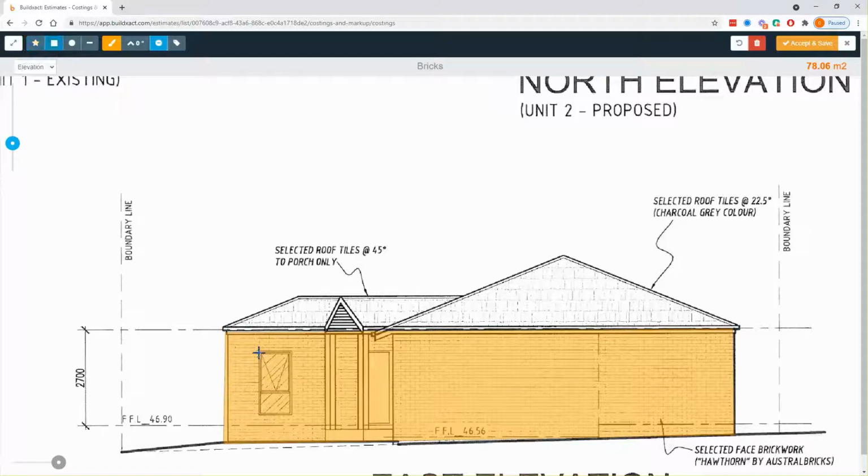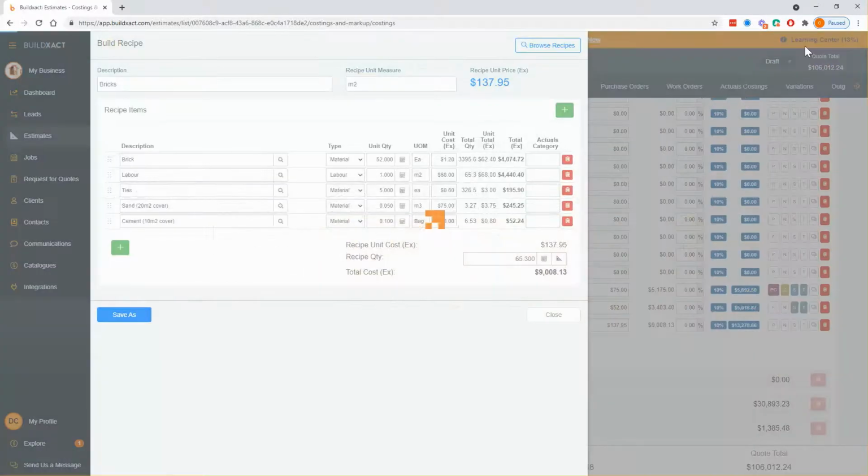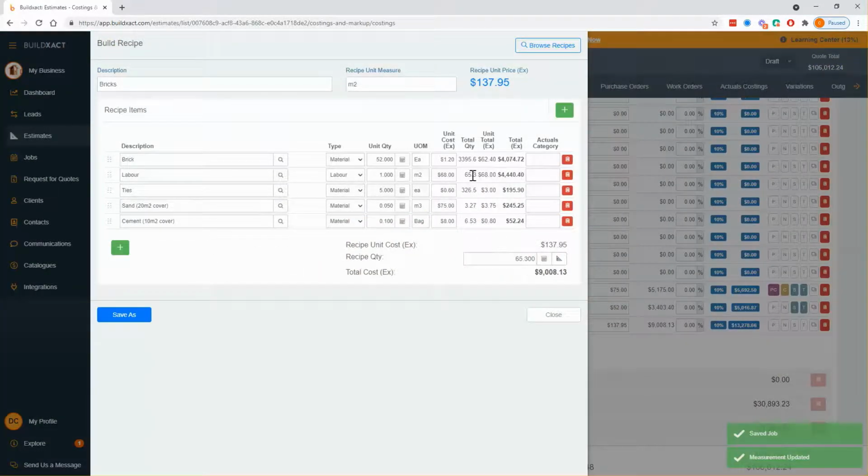Minus out some windows. Like so. Save and accept, and that gives me 33, or basically 3,400 bricks, 65 square meters of labour,